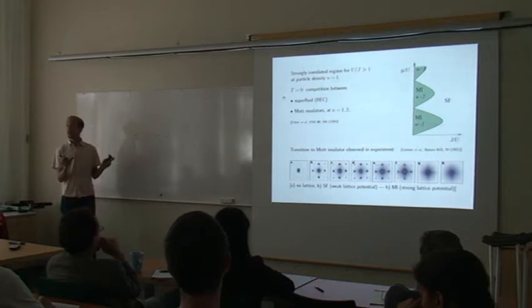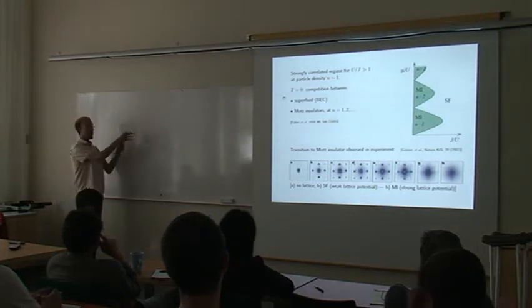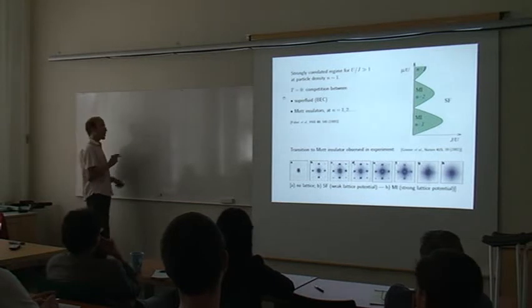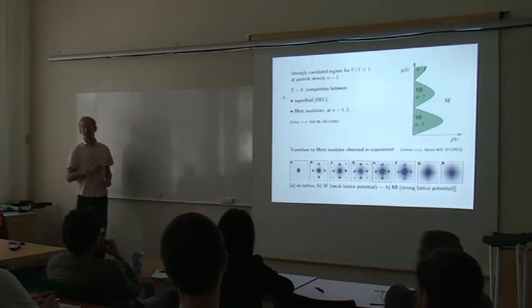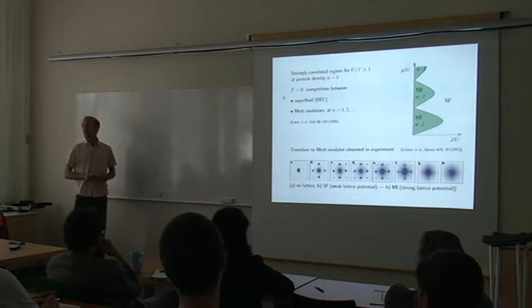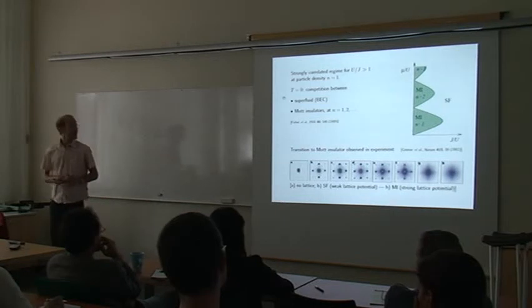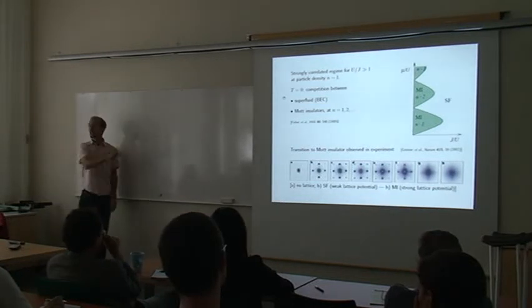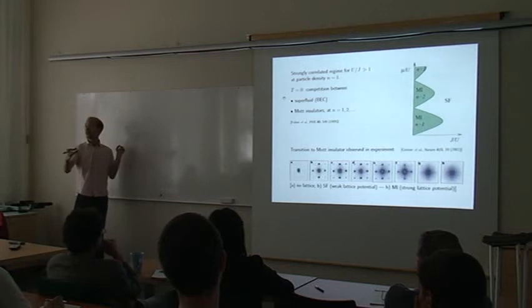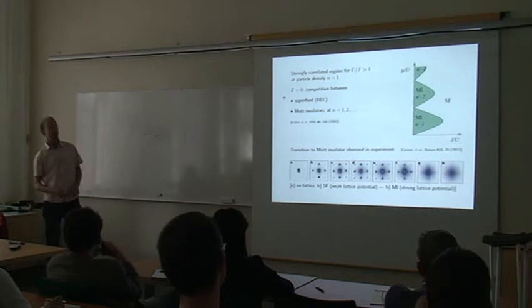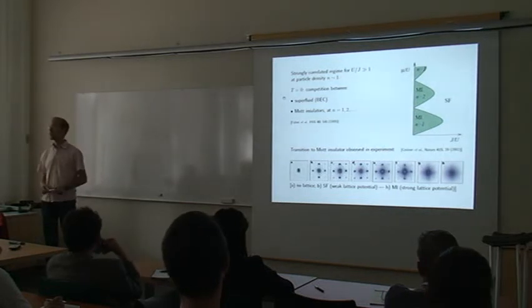And so if you release the system, these phases will evolve into a given interference pattern. However, if you have a Mott insulator state, the phases become scrambled because of the particle numbers. Why don't you just see density in these experiments? No, so what you do is you release the lattice potential, you let them expand, and then you see the interference of these particles. And so when there's no phase coherence, you have no interference.